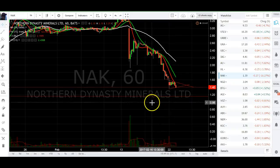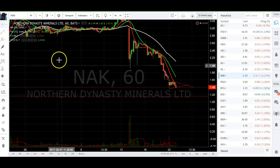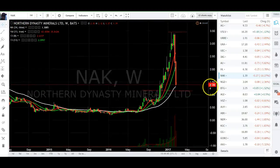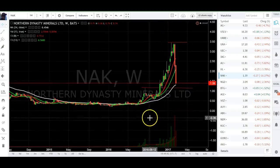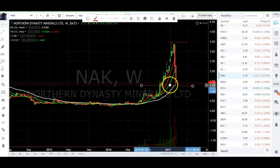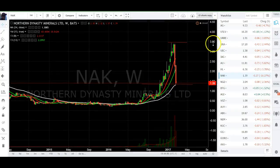I'm hoping for a double bottom on NAK. Pretty brutal, right? That is brutal. All the way back down into support on that weekly chart. I've got previous highs, and I've got this previous pattern right here that could be our last